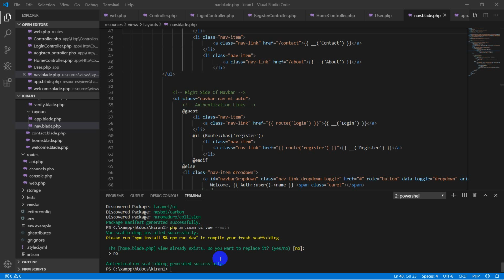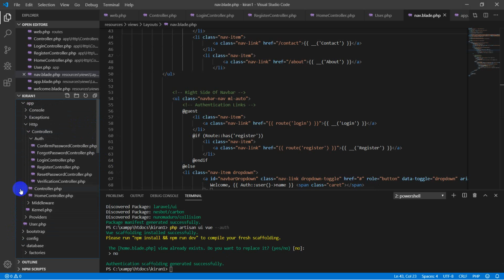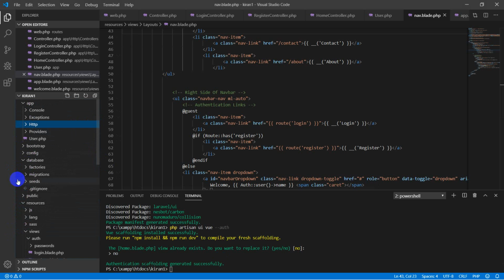So now I want to describe the layout blade. First of all, go to the resource folder and select the view folder. After that, in the view folder I have created a new folder named layouts. In the layouts folder I have created two files, new.blade.php and secondly app.blade.php.